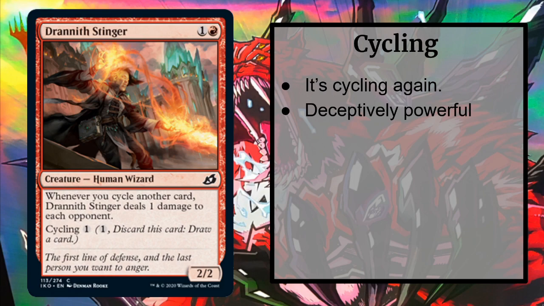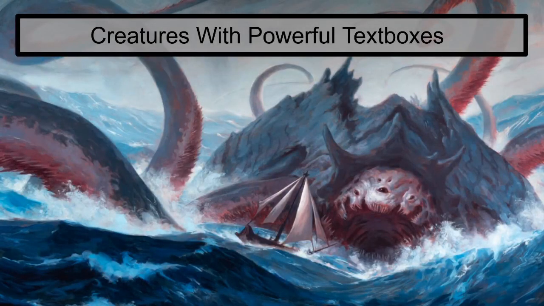starting points that you can start from when you start building some new decks out of these sweet new cards from Ikoria. So number one, because of Mutate, creatures with powerful text boxes are something you're going to want to keep an